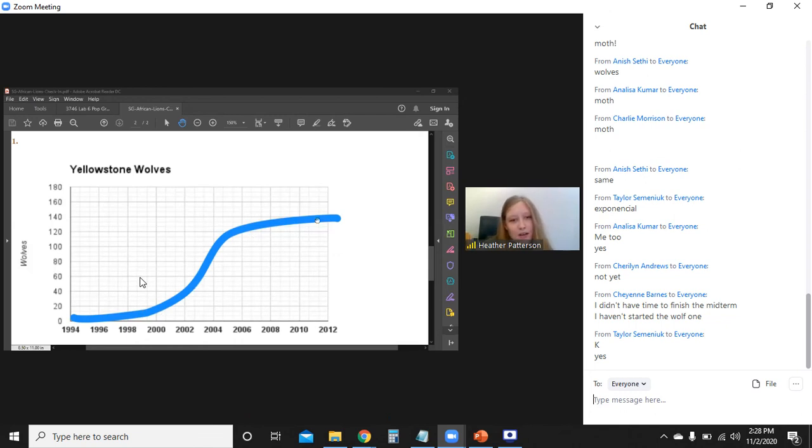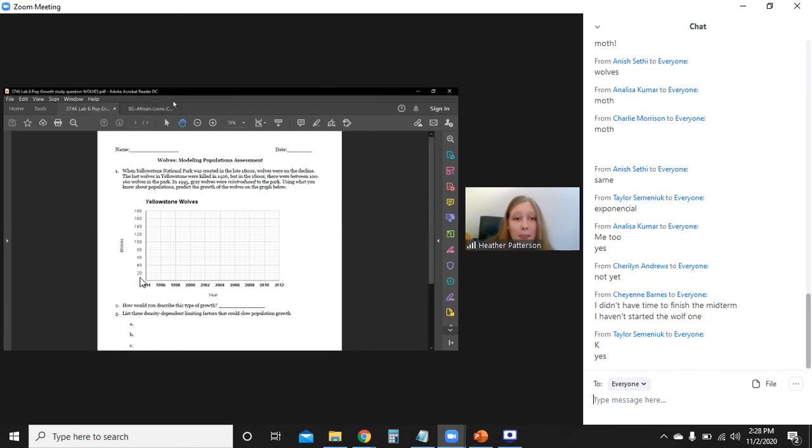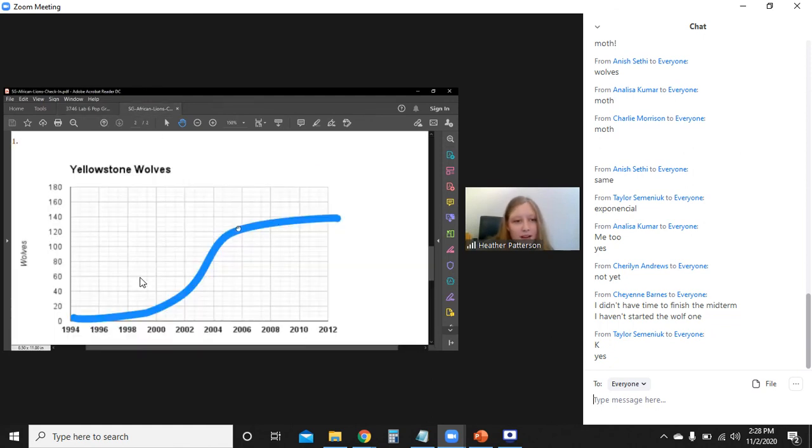So it's going to level out, and it's probably going to level out at close to what it was. I believe they said between 100 and 160 wolves in the park. So it's probably going to level out somewhere between 100 and 160, so I kind of did it halfway between. But again, how long this would take and how stretched out it would be is very dependent on the resources that are available, especially when you're dealing with